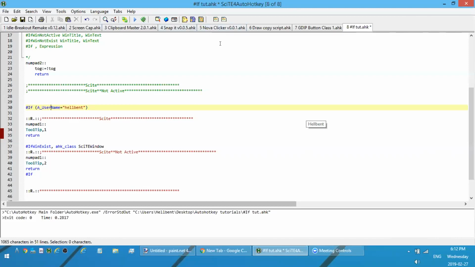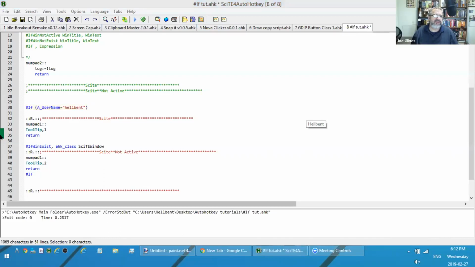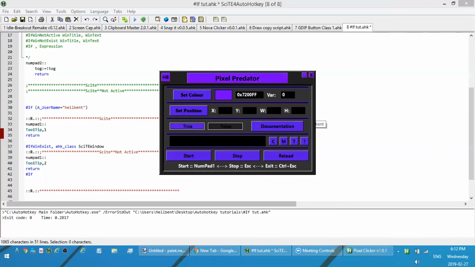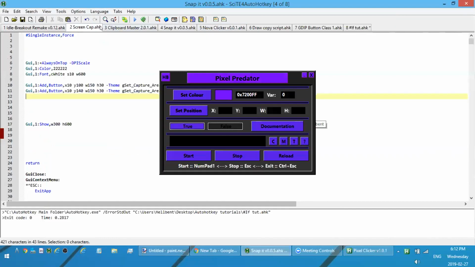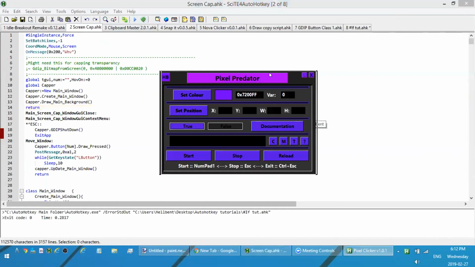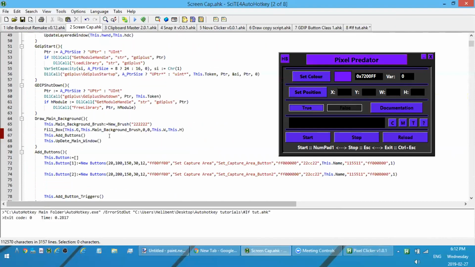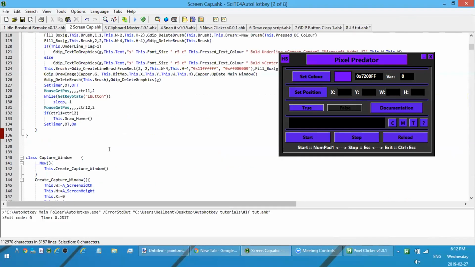I know that this one uses it. Actually, this one here does as well. But what I have in the script somewhere, if I can find it,